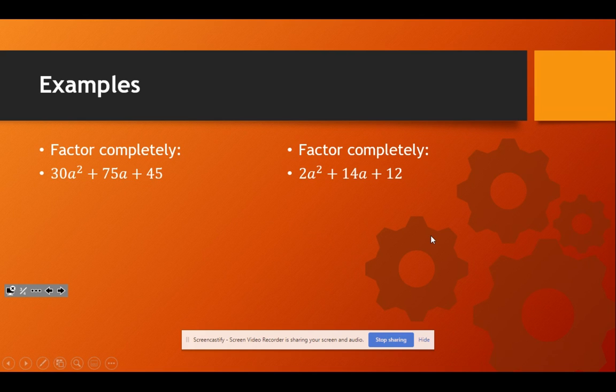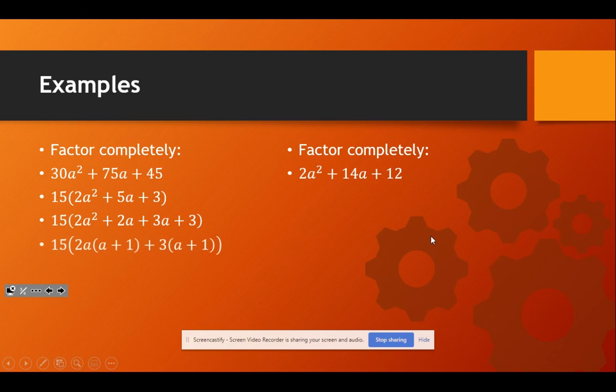Let's take a look at the left one first. That trinomial has a greatest common factor of 15. So I'll pull the 15 out, and I'm left with 2a squared plus 5a plus 3. Because it's a number greater than 1 in front of a trinomial, I need to use the AC method. So 2 times 3 is 6, and I'll split 5 up into positive 2 and positive 3. I then split it down the middle and have a GCF of 2a on the left and 3 on the right. This gives me a final answer of 15 times the quantity 2a plus 3, times the quantity a plus